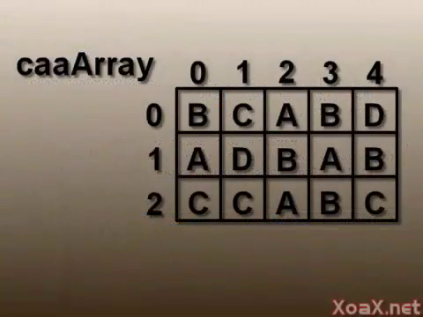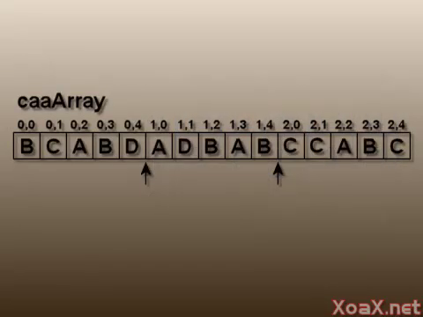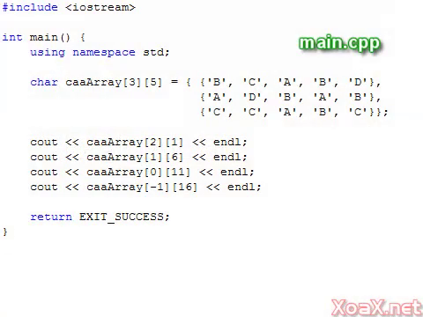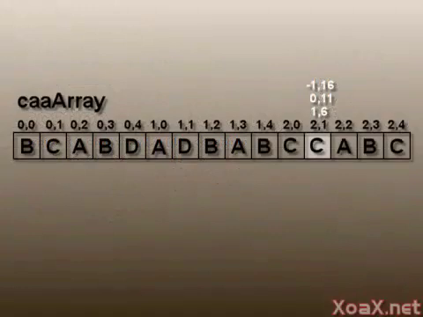When we declare a two-dimensional array like this, it is put into memory, which is one-dimensional, so the second dimension is actually stored sequentially like this. The arrows show where the first index increments at every 5th element. The compiler understands that the index inside the first bracket offsets the location by multiples of 5, but the second index only offsets the location by 1, so we can actually index the element at 2, 1 as 1, 6